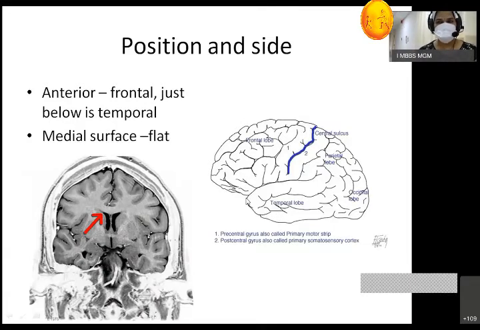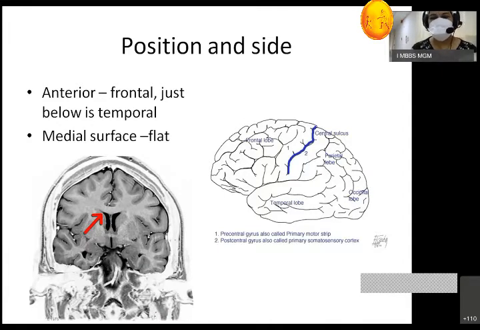When you take this brain in your hands for dissection, we have a specimen of the full cerebrum as well as a half cerebrum. You have to understand that the two poles should be facing forward, the frontal pole and the temporal pole. Now you have to identify that the medial surface is flat. Whatever part of the cerebrum you have taken, the medial surface should face to the opposite side.